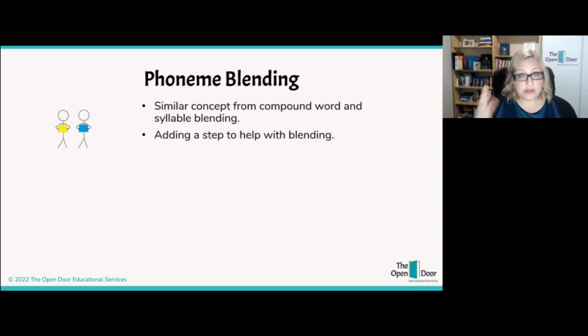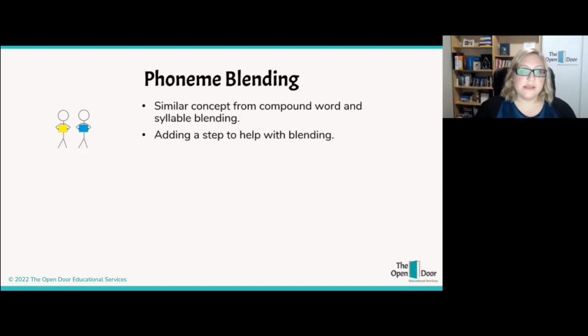You would say to the first student, your letter is ah. The second student, your letter is t. When I point to you, you say your sound. And when I point to you, you say your sound. But then the new step is when I run my hands in this swoop gesture. Then as my hand goes by you, you slowly say your sound, and the two sounds will run together without a space in between. And then after that extra step, then you put your cards together and say the word